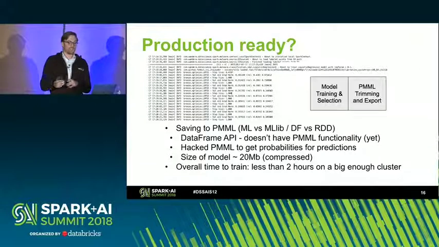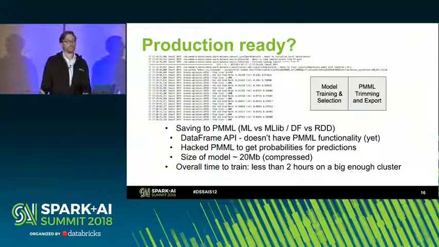But actually saving to PMML was a big learning curve. In the RDD MLib library, it's already there, but the functionality hasn't quite moved over to the data frame API yet. So we had to work our way around it and fork our own version of the exporter. We also had to hack our way around how the export happens.